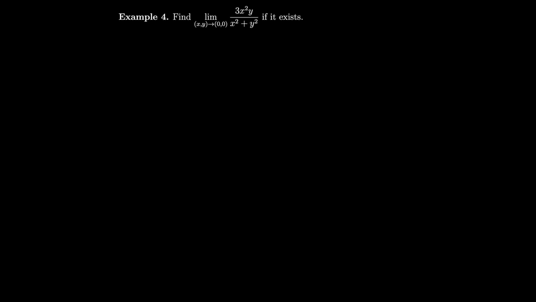So we could try approaching from a bunch of different directions. If we approach along the line y equals mx like we did last time, we should see that this thing will tend to 0. We could also see that along the y-axis, y equals x squared, x equals y squared. So it makes us think, okay, well, we did a bunch of different paths. Maybe the limit actually is 0. So let's just get that out of the way. We have 3x squared y over x squared plus y squared. And I'm not going to show it, but you could pretty easily. But this thing will tend to 0 as (x, y) approaches the origin